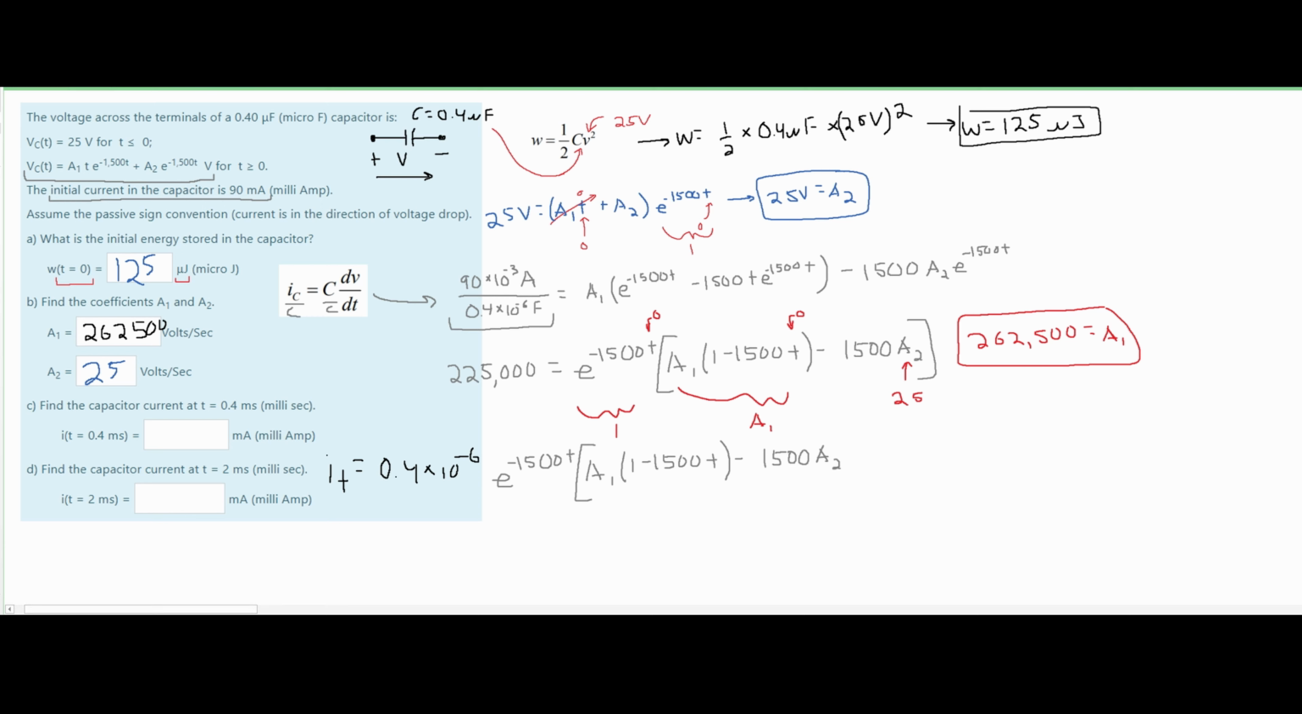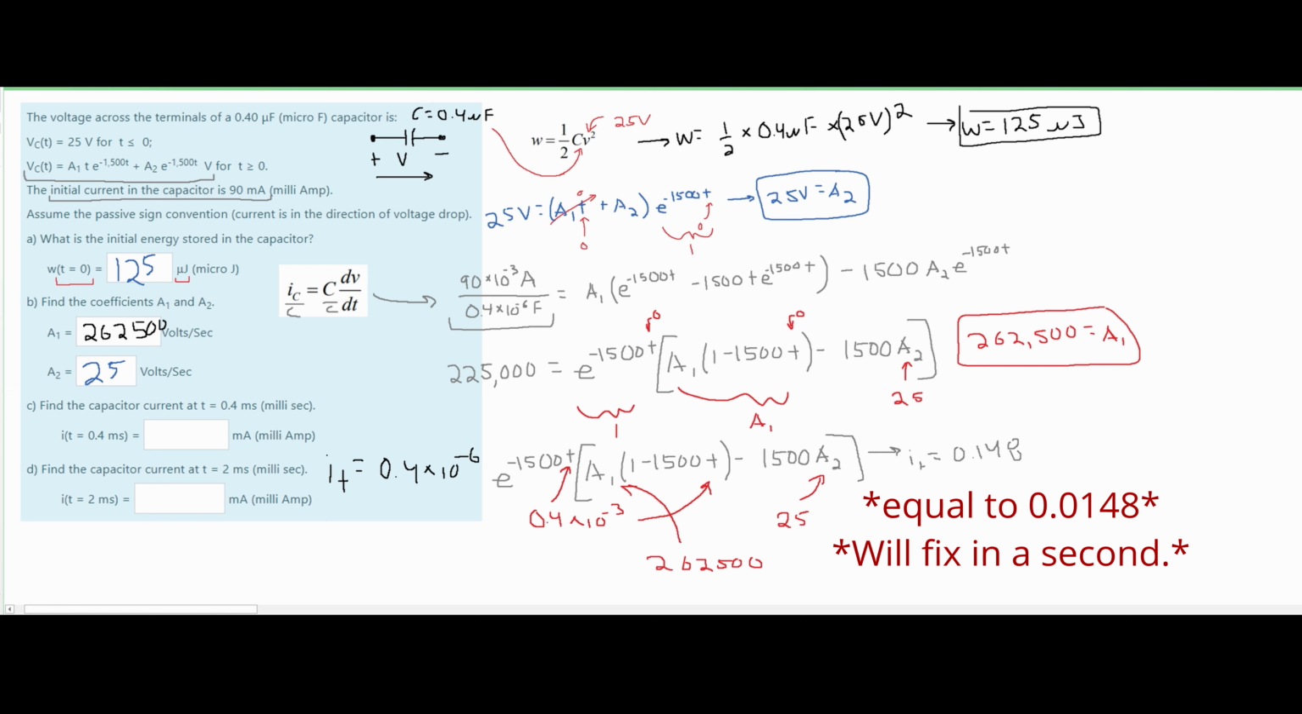So this is what we're going to use, and now we're just going to plug in our values. Into this T, we are going to plug in 0.4 times 10 to the negative cubed seconds, also in this T as well. And for this, we are just going to plug in 25. And for our A1, we are going to plug in our newfound A1, which we know to be 262,500. If we do all of this, we are going to get that our I of T is equal to